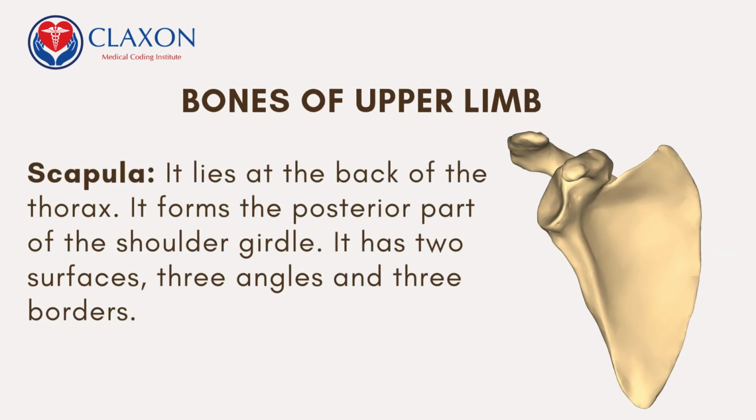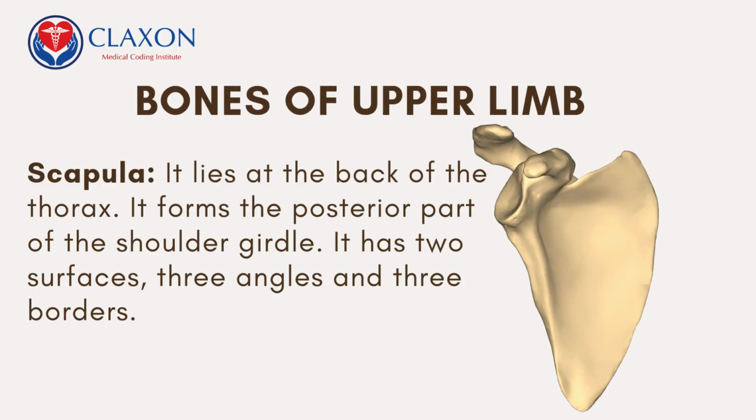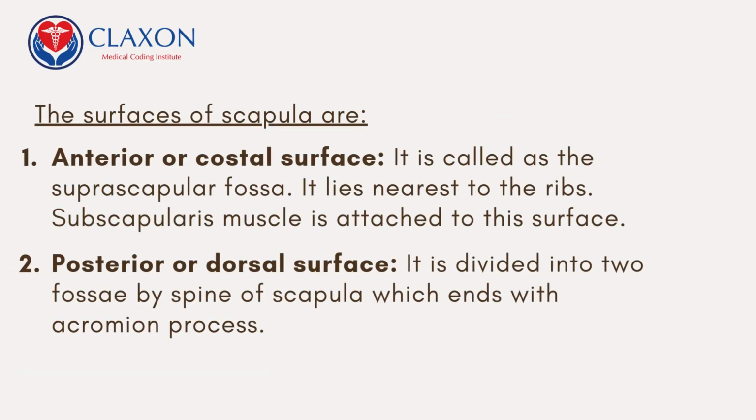Bones of upper limb. Scapula lies at the back of the thorax. It forms the posterior part of the shoulder girdle. It has 2 surfaces, 3 angles, and 3 borders. The surfaces of scapula are: